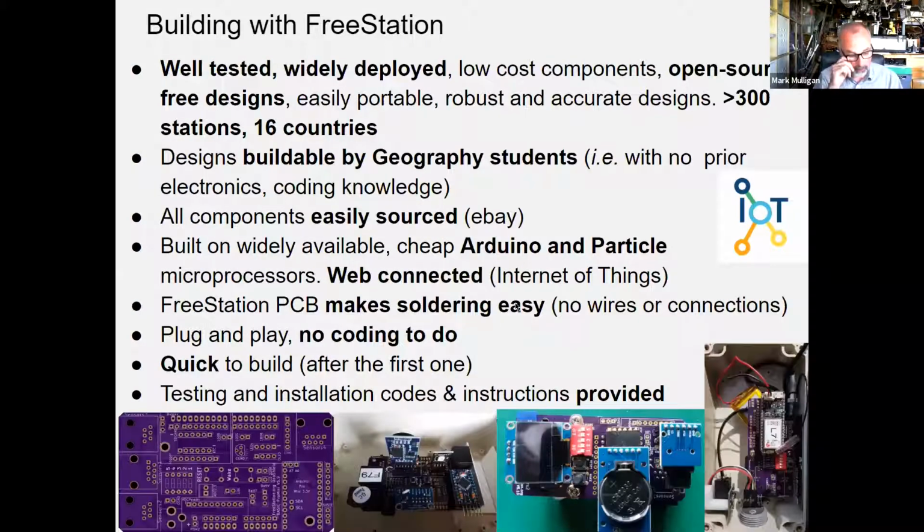So how do you build with Freestation? Well, as I said, we have well-tested, widely deployed open source designs. We have more than 300 stations in 16 countries, and that data is also available for any dissertation work. We'll talk about that later. They're buildable by geography students. All of the parts are bought on eBay. We use two platforms, either Arduino, which is a well-known platform like Raspberry Pi, or Particle, which is an internet connected, either Wi-Fi or 2G platform,